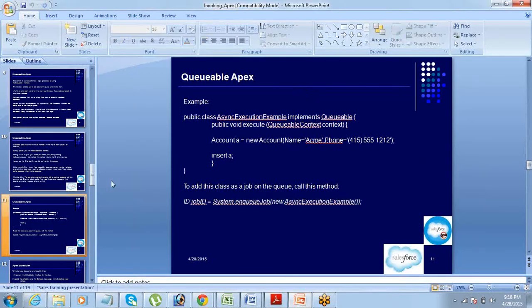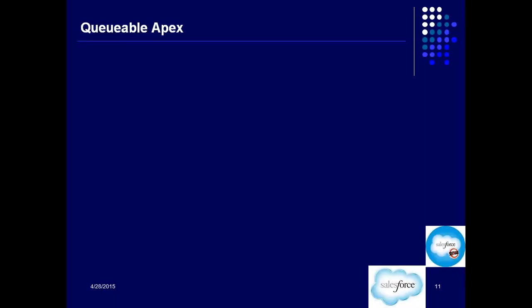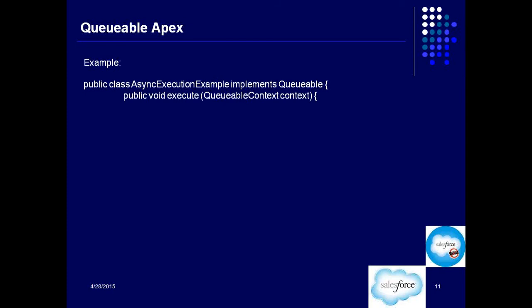Now there is one more way of using asynchronous Apex. Queueable Apex we have seen and understand how we use it. The one more way is called the Apex scheduler. The first two, the future method and queueable jobs, are queued and get executed whenever the resources are available. What if you want to perform a job at a regular interval?